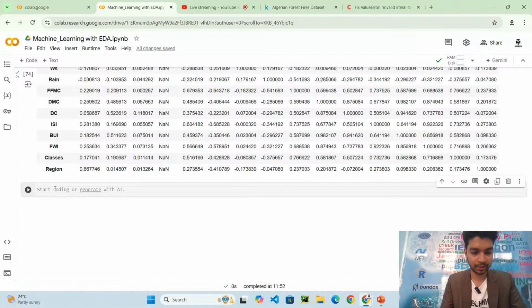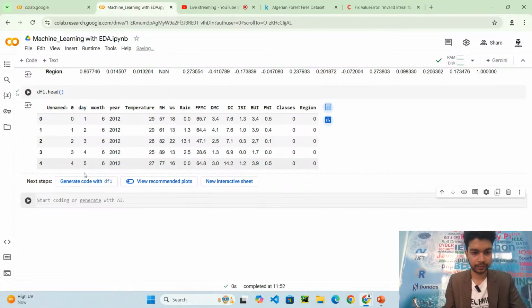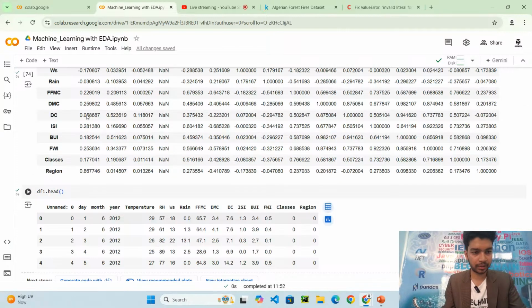Same values are there. df1 dot head. If I do once again df1 dot drop, unnamed, I think this is one column that is there.